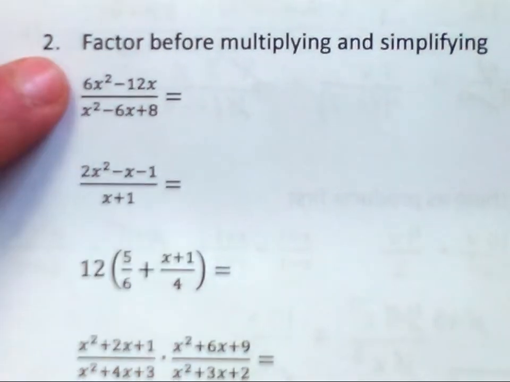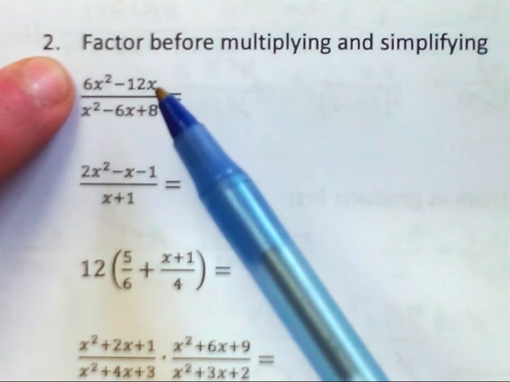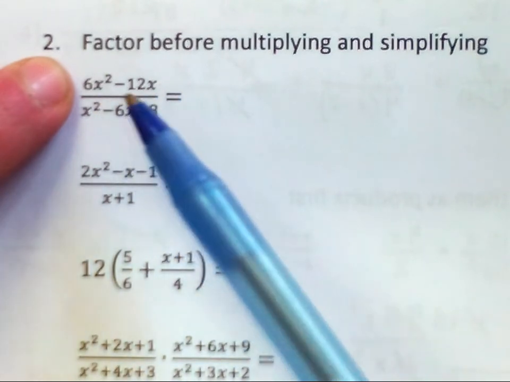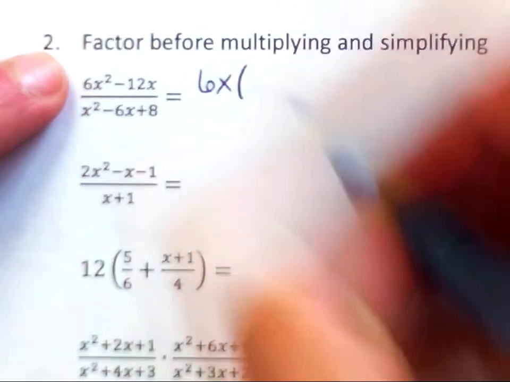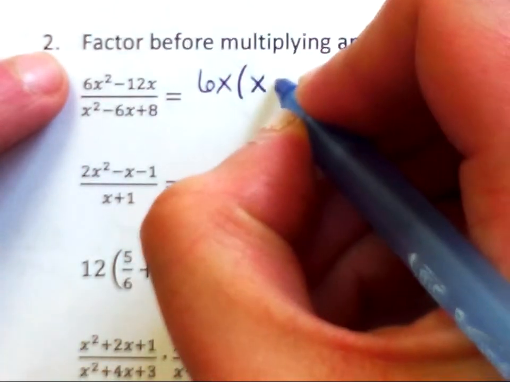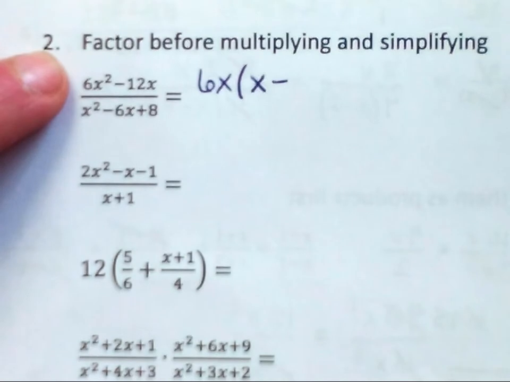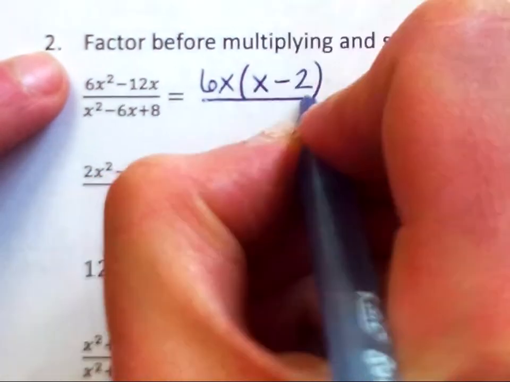So I am going to be looking for a greatest common factor as the first step of factoring. So 6x squared and negative 12x, those have a GCF of 6x. And the remaining factors would be x, and in the second term a negative 2,